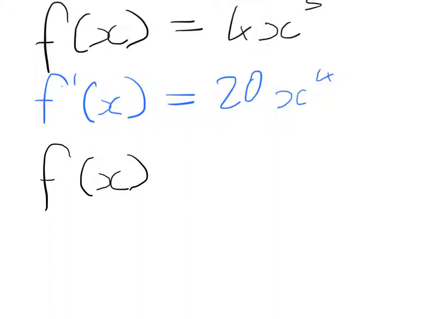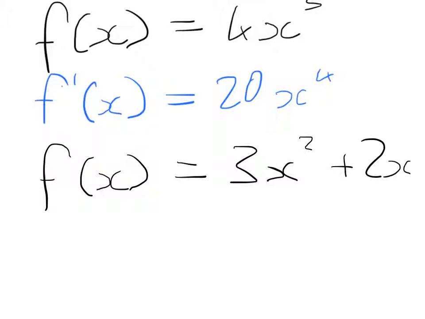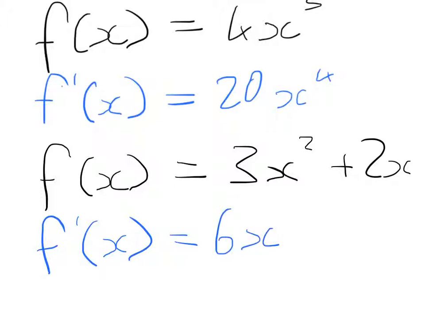Now if we have one where we have more than one part to it, so f of x equals 3x squared plus 2x, then f dash of x equals 3 times 2 is 6x. 2x, well, this x is effectively an x to the power of 1. So go 2 times 1 is 2,